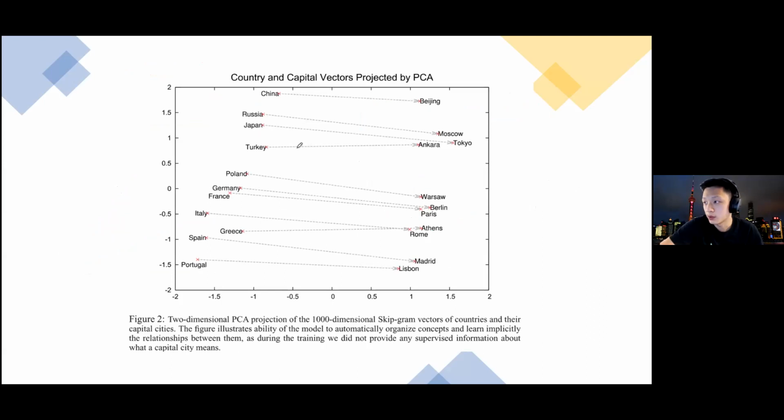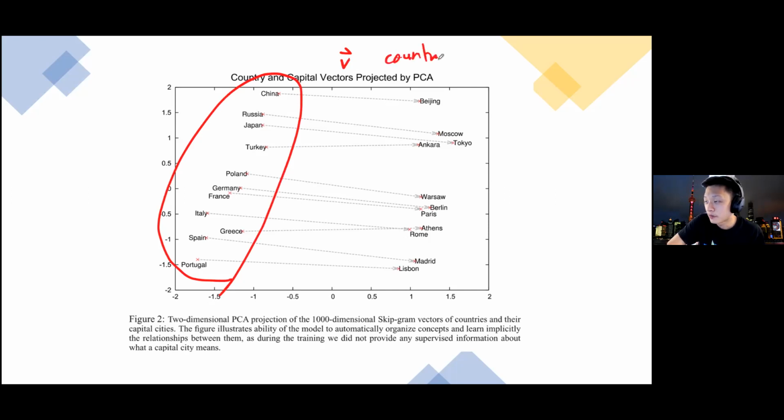ways that this manifests. For example, all of these vectors, right? They're all very similar. All of these vectors from the left to the right. Well, if you look at how they're positioned with relationship to these words, you have a country and its capital, and this vector here sort of represents the direction from the country to the capital. So the implication of this is that if you took this country-to-capital vector v, and you took any country vector and added v to it, and then you reverse engineer the embedding, you might take the nearest neighbor or something,